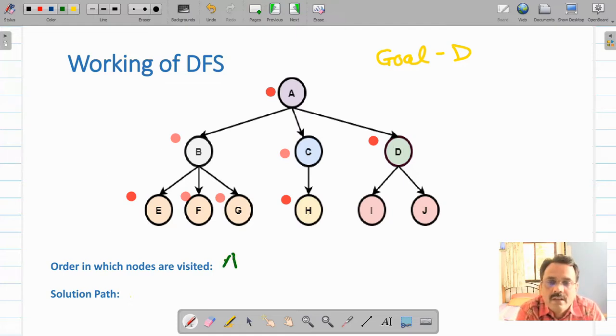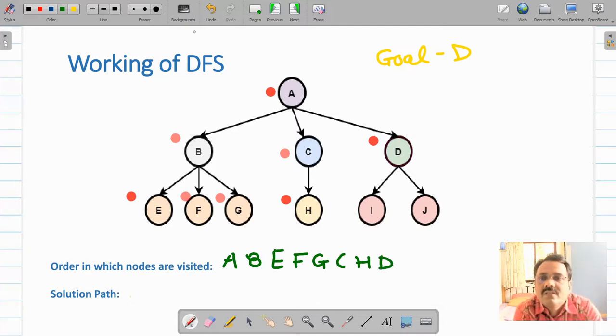A, B, E, F, G, C, H and D. What is the solution path? A and D. The solution path will be A, D. So this is the solution path the algorithm will find.